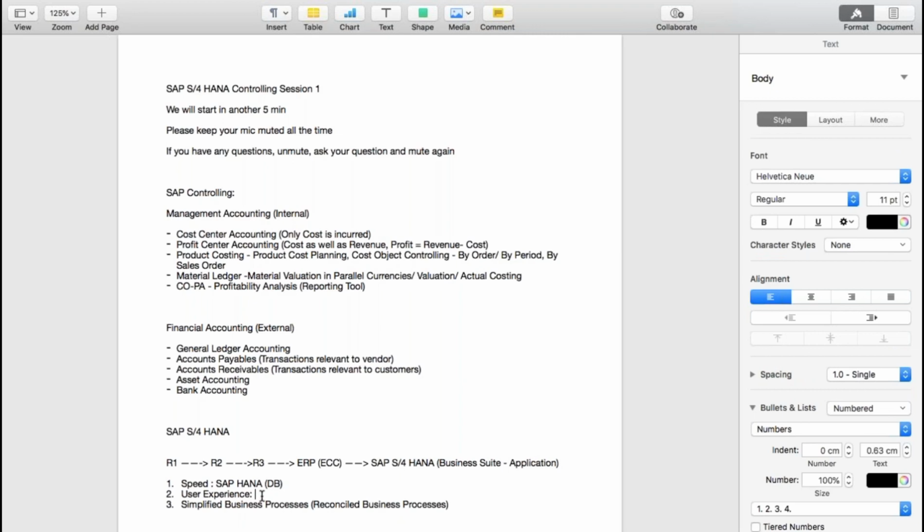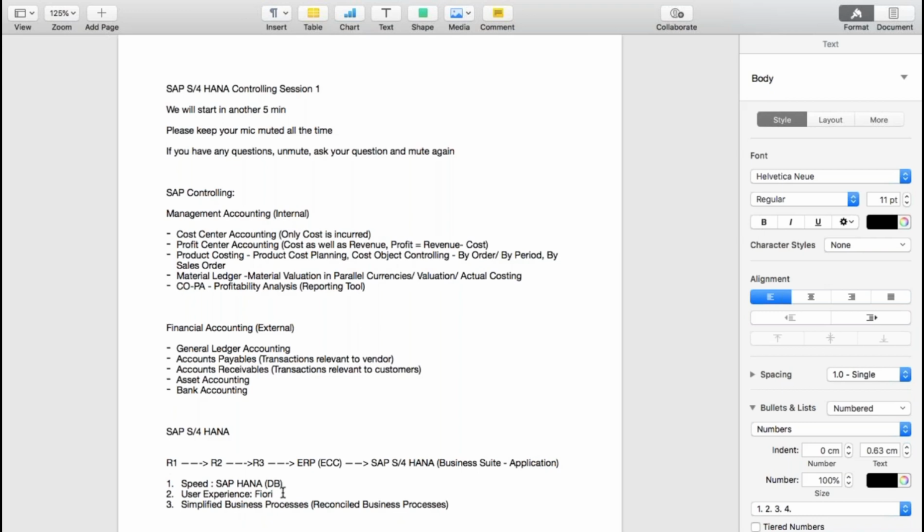The second question is how the user experience is better. How is SAP providing better user experience? How can I access the applications from my mobile device, using which tool? Fiori. Have you heard about Fiori? Fiori is a new user interface. Earlier we were using the system only on a computer. We needed SAP Logon to log in to SAP, enter your user ID and password, and then you are connected to the SAP system.